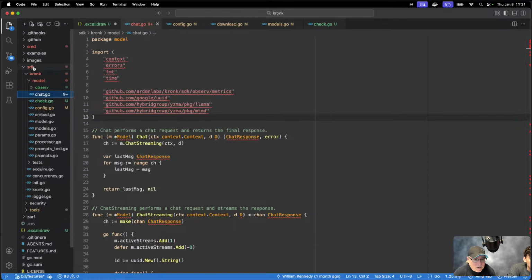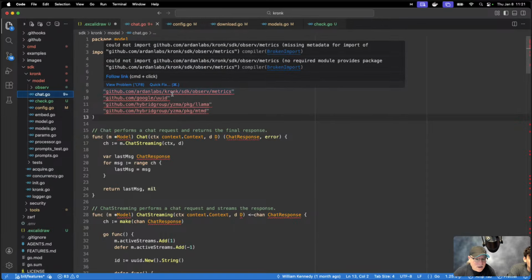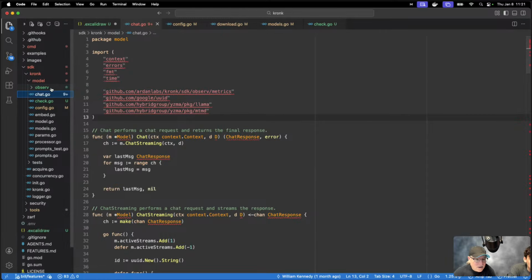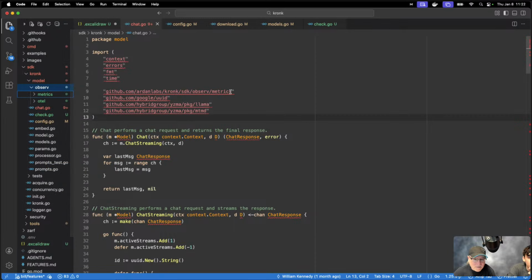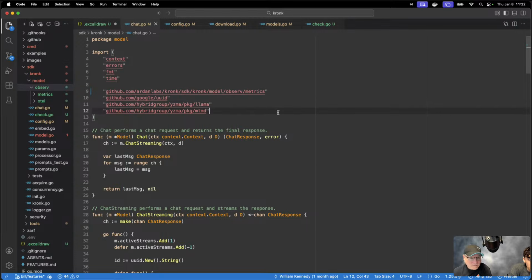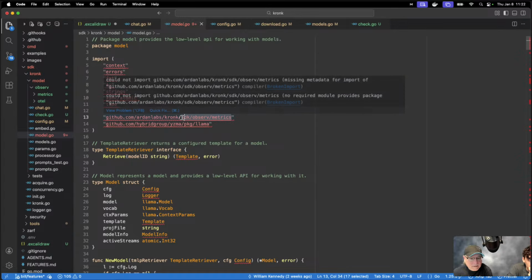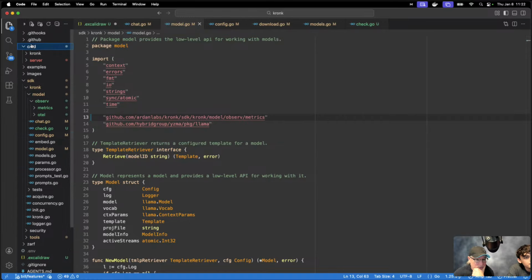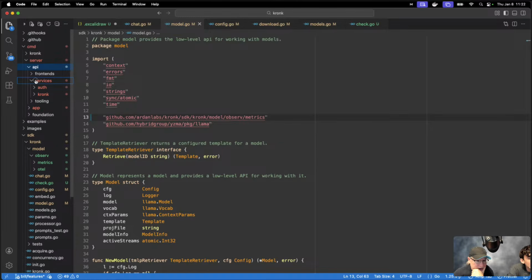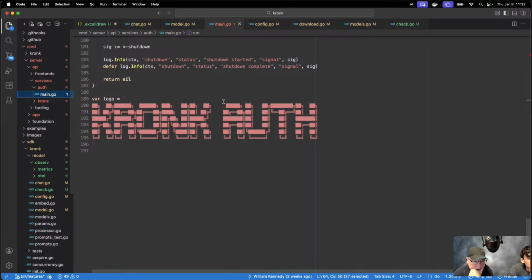This is going to be under SDK Kronk. Kronk is the namespace. SDK. Oh no, I put it in the wrong place. It's this right here. Hold on. Give me this. Copy that relative path up to Kronk. Okay. Kronk SDK model. So if I do that, and I do this, right? What else goes red? Now I would expect this to go red, but